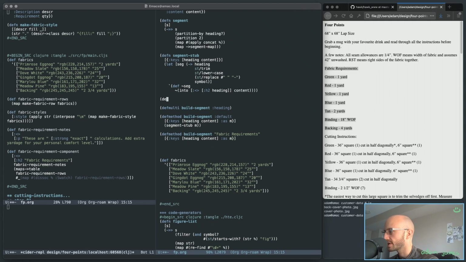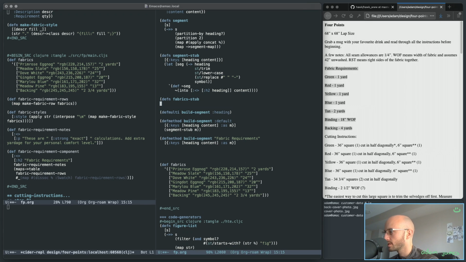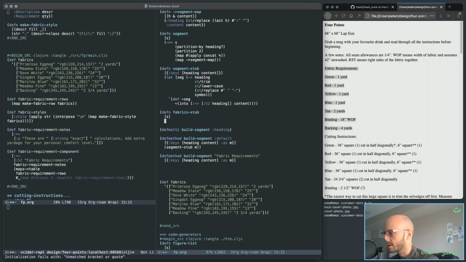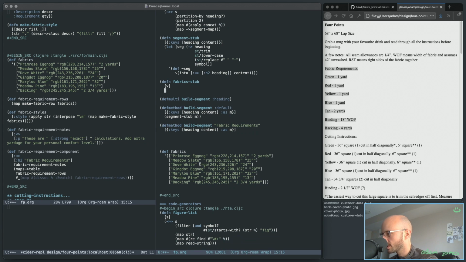Let's do this. Def fabrics stub. And that's going to take in a vector of strings. So all I need to do here